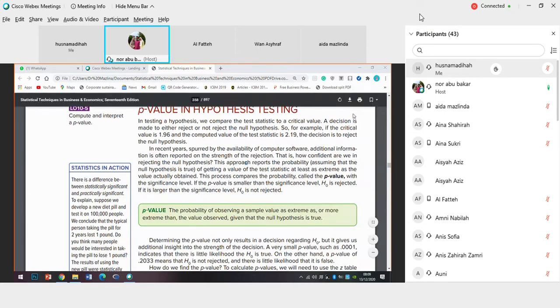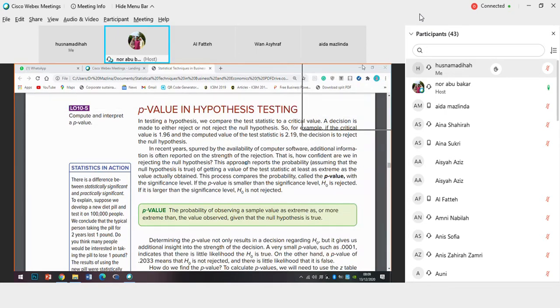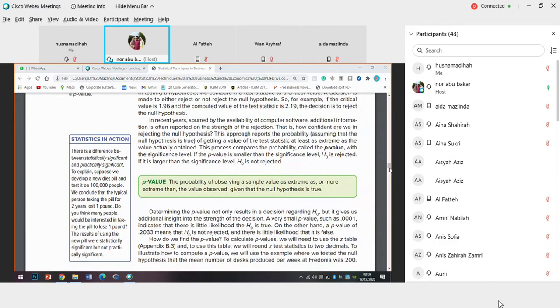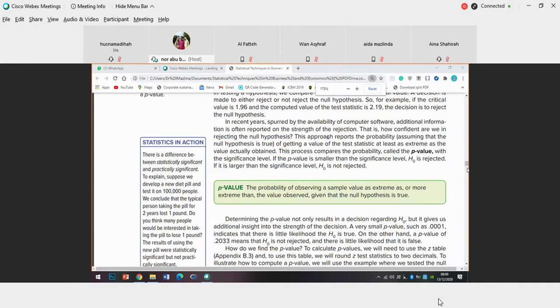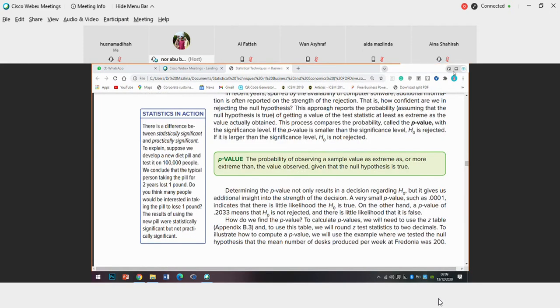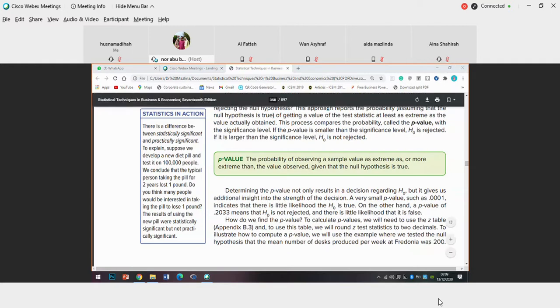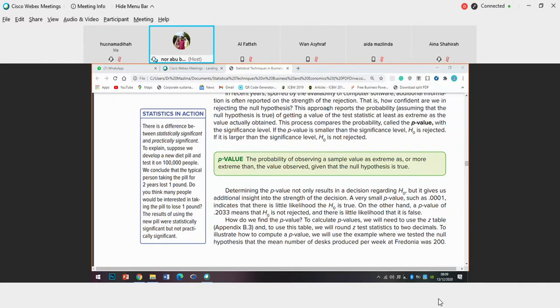Tak ada orang jawab. Saya tak nampak. Okay, ada orang tak dalam ni? Wait, tunggulah. Pemerhatian. Okay, I think